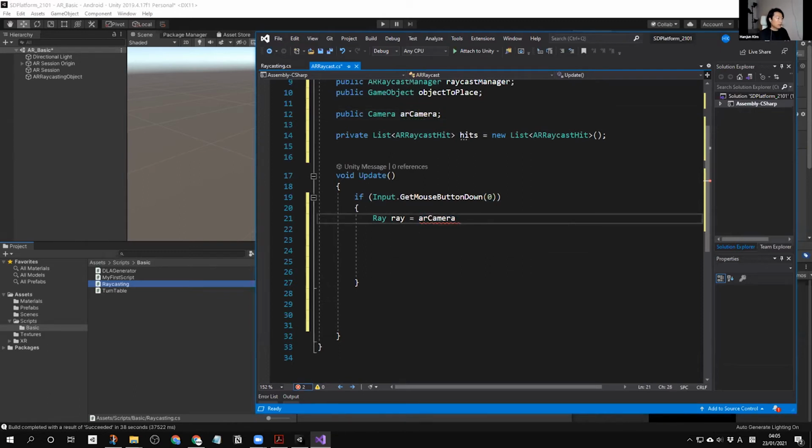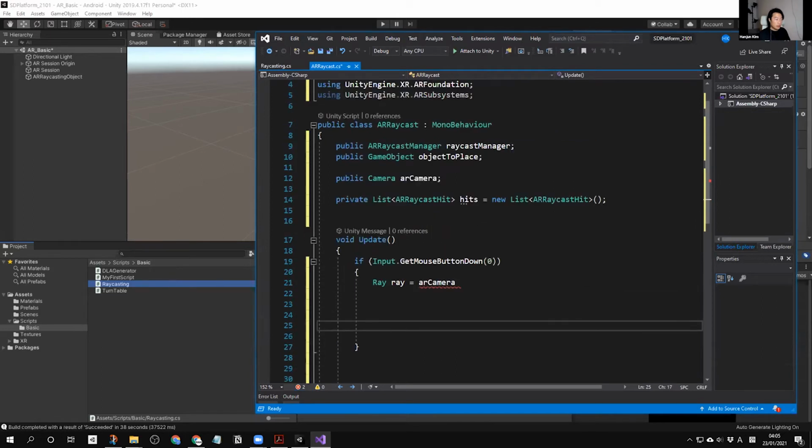And I forgot to tell you, the script is always case sensitive, so you need to take care about your capital letters and small letters. The reason I just changed to these small letters is that usually you don't use capital letters for your object, and usually you use capital letters for the naming of the void, and I just made a mistake about that. So the script is going to use AR camera,